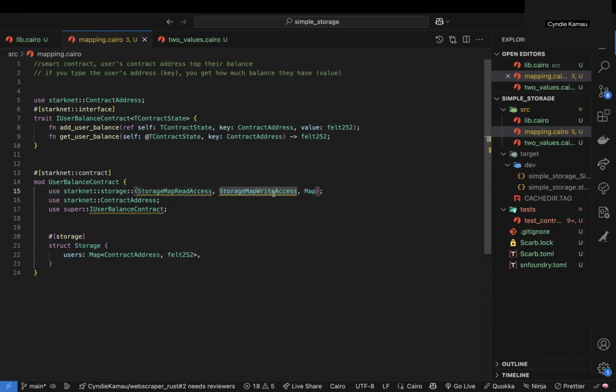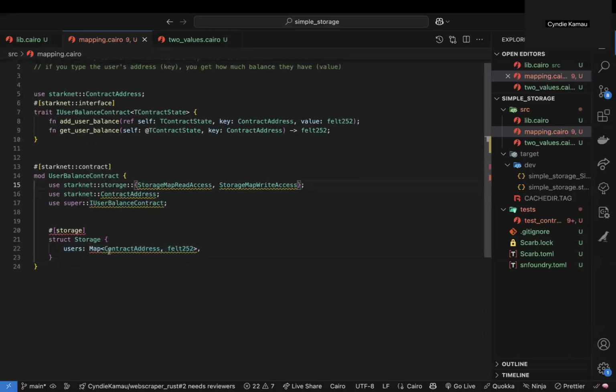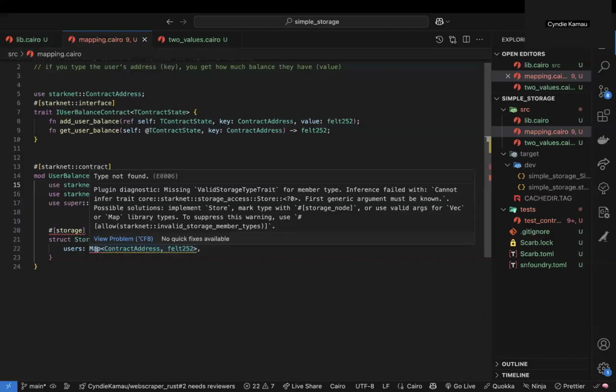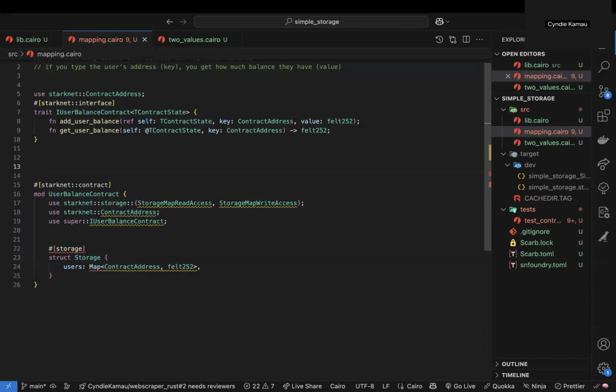I want them to be writable, and most importantly, I'm storing it in a map format so that it can figure, at the back of its mind, okay, these users here, we're storing a map. That's why when I don't have this, it's unable to figure out what this map is. So as you can see, it gives you several solutions. So implement store, and with implement store, you have to use that outside of the storage struct. Okay, so if we were creating a struct